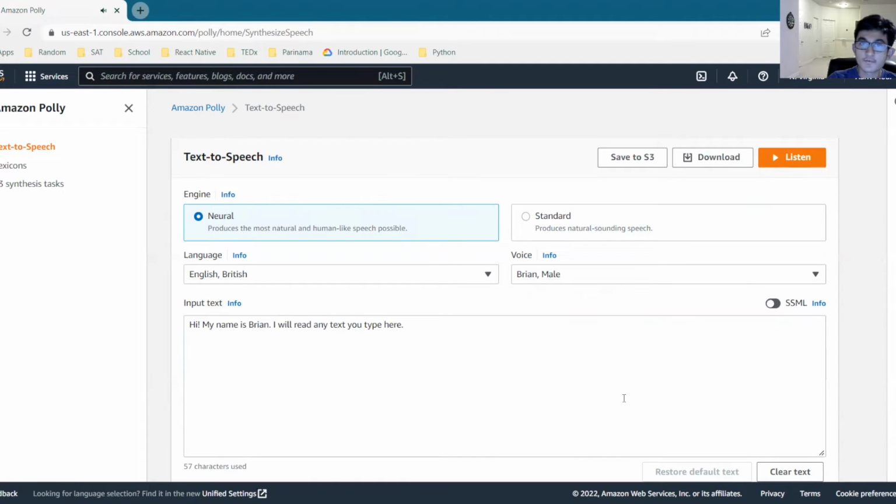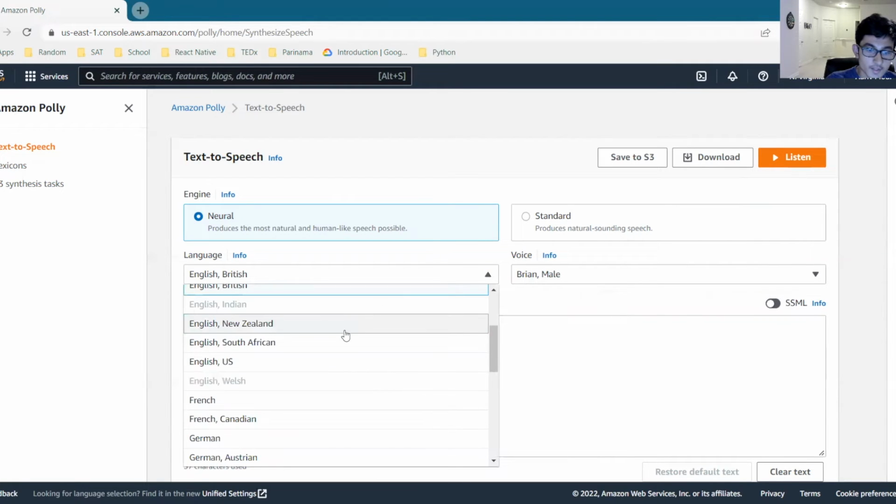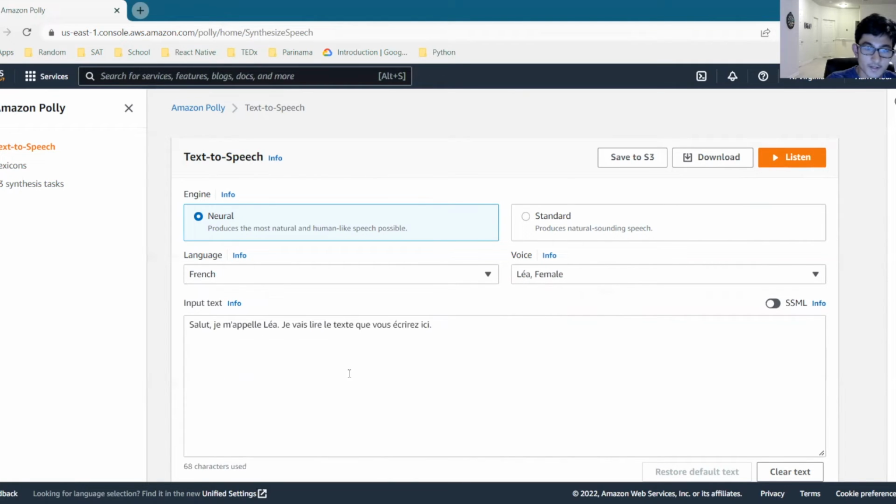As you can see, it's a different voice, deeper, more masculine, etc. And of course, other than English, there are many more different languages. For example, if we try French, again, I don't take French, so I'm not sure what that means, but we've got Leah, Matthew, and Celine, and it looks like Leah is the only one available for Neural. So if we go with